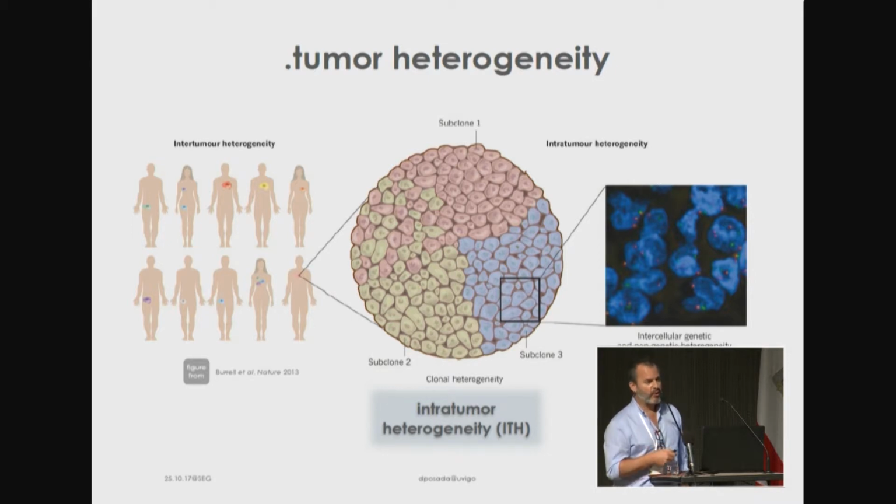Okay? Most effort in cancer genomics has been to identify repetitions. So if you look at colorectal cancer, which is the gene that is commonly mutated? It might be APC, might be KRAS, P53, but no single gene is mutated in all cancers, even from a single type, okay? So there is variation between individuals.